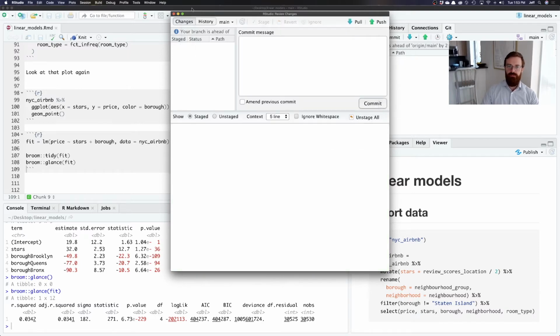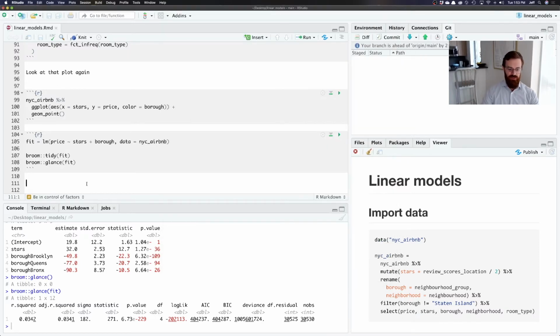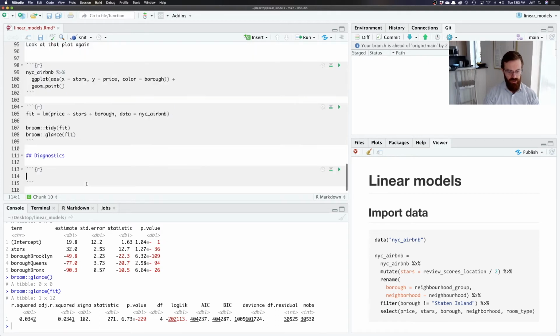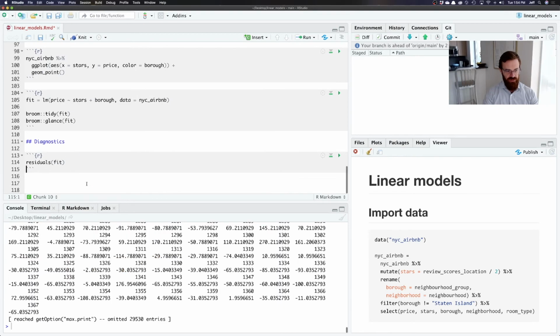Wonderful. All right, so what we're going to do next is take a look at diagnostics. And when I talk about diagnostics, what I mean is things like fitted values, things like residuals, things like this, right? Now, one of the things that we have tried to do up to this point is to do something like the following. So we said, all right, if I take, what did I say? I can get residuals by doing resid or residuals of my fit,